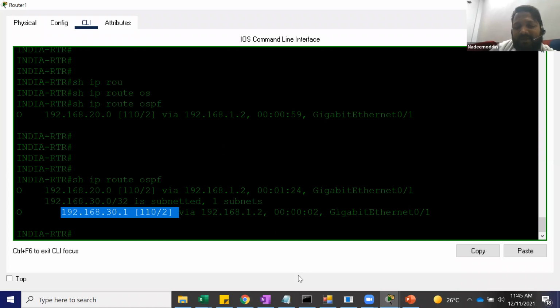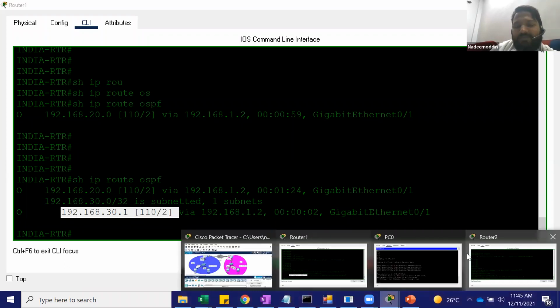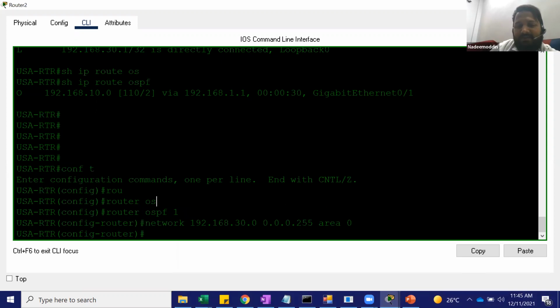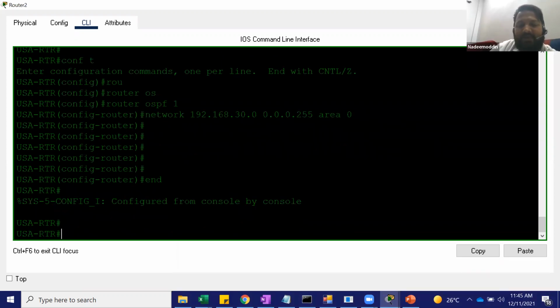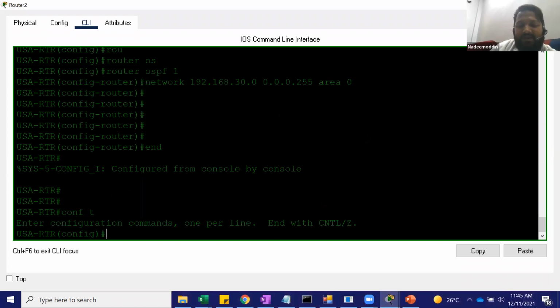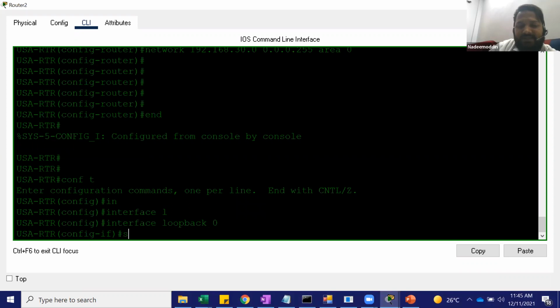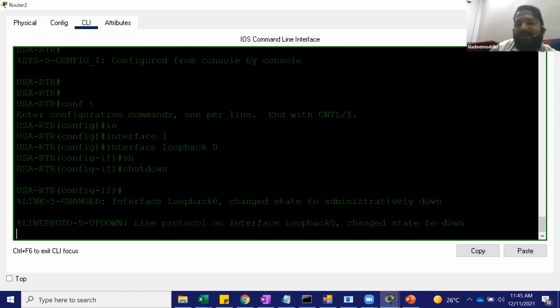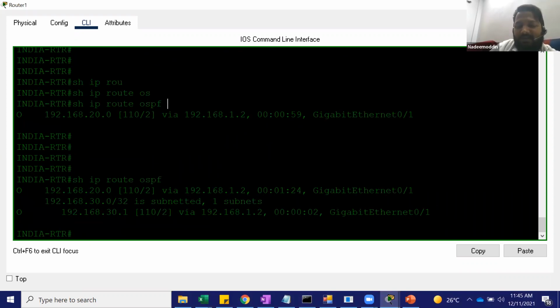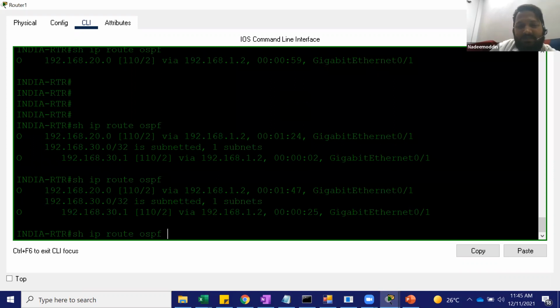If I want to remove it, what I'm going to do, from the India router, let's say I want to bring this network down. I will go here, config terminal, interface loopback 0, and say shutdown. The moment I shut down here, you will no longer see this route.